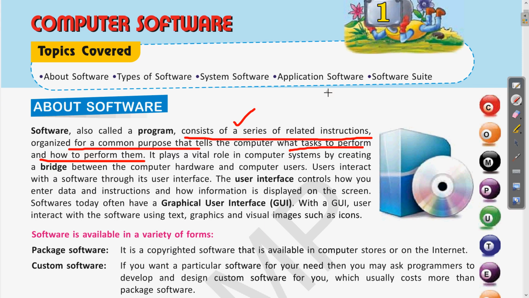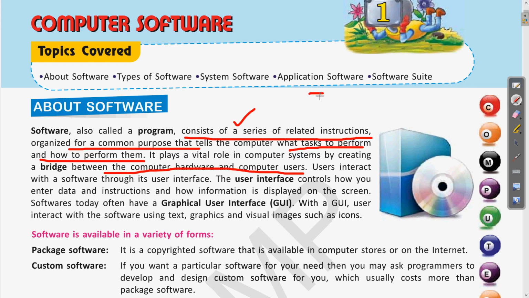Clear? So these software are also programs made using instructions or programming code, and in them the step by step instructions for performing all these things are provided. Now this software acts as a bridge between computer hardware and the computer user. Clear?